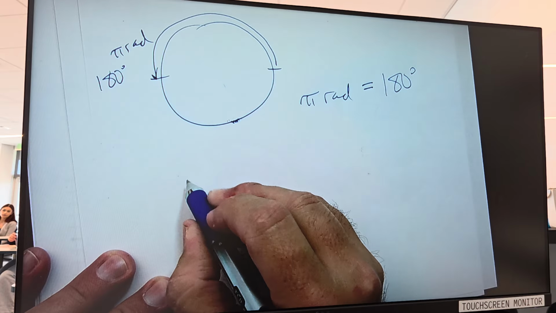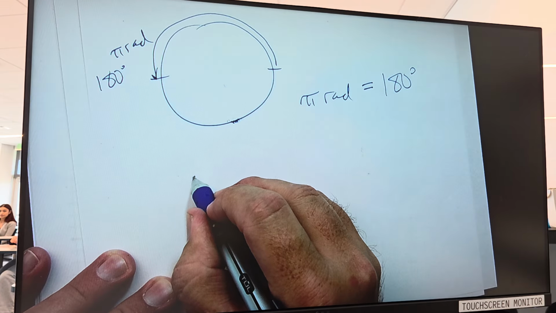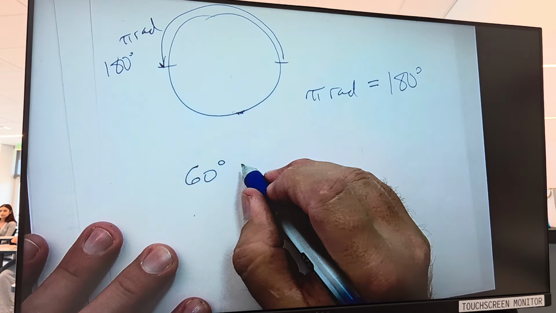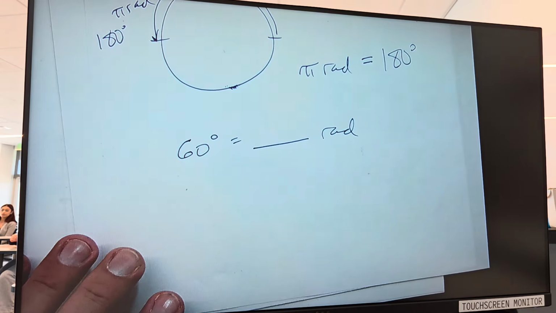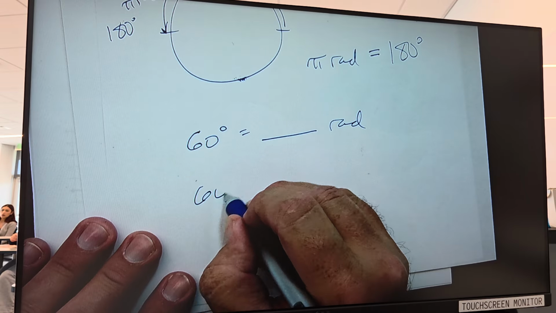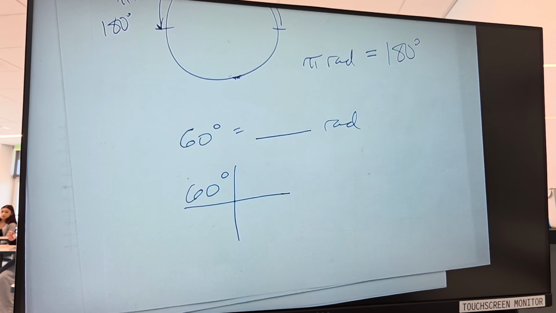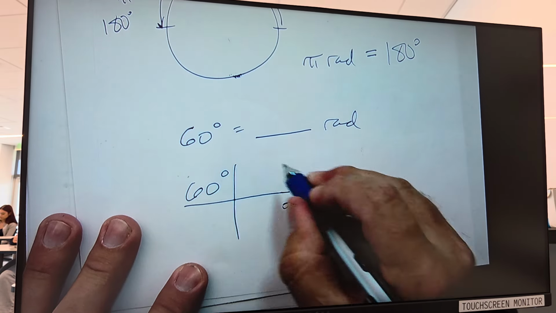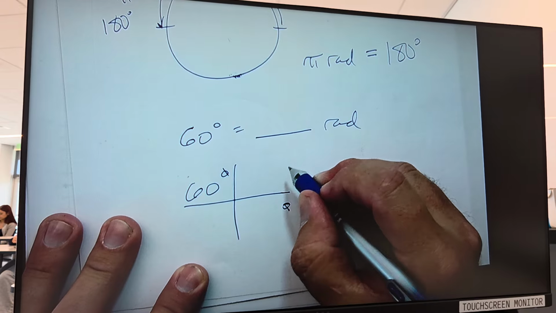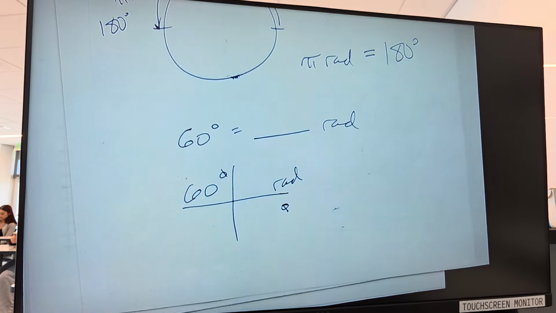Let's say that I have 60 degrees, and I want to convert that to radians. Here's how I borrow from chemistry a bit. I want to go from 60 degrees to radians. So what do I want to get rid of? I don't want degrees. Where do I put degrees so that they would cancel? In the bottom. So if I put degrees down here, these cancel, yes? And on the top, I'll put radians.